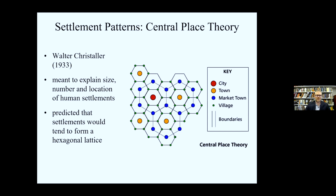So I know one of the big advantages of Zoom is that we can reach out to many people in different corners of the world. The disadvantage being that your attention is competing with me and with all sorts of other things you have on other windows on your screen. So I'll keep this brief and try to give you a summary of some of our settlement pattern